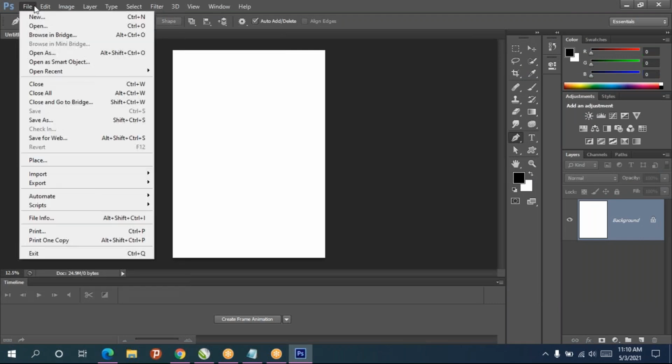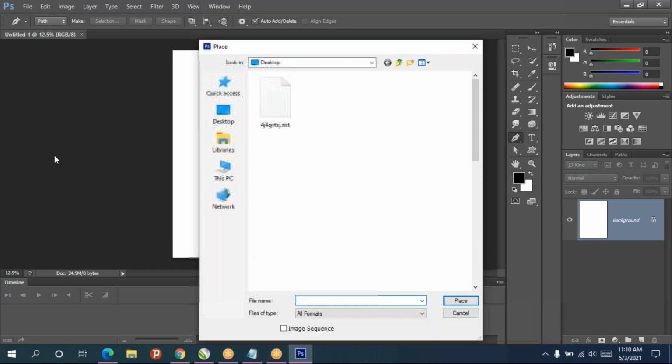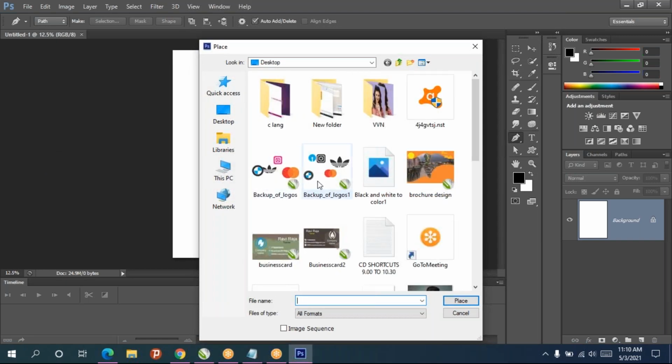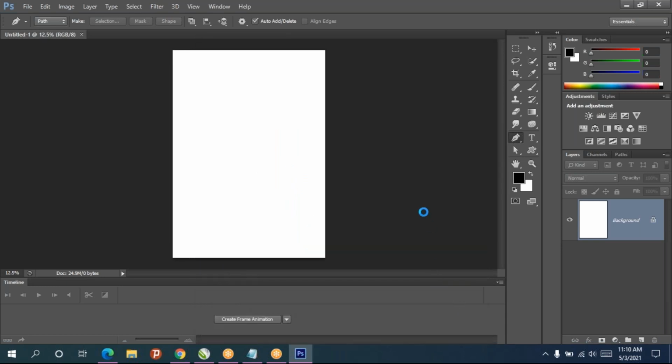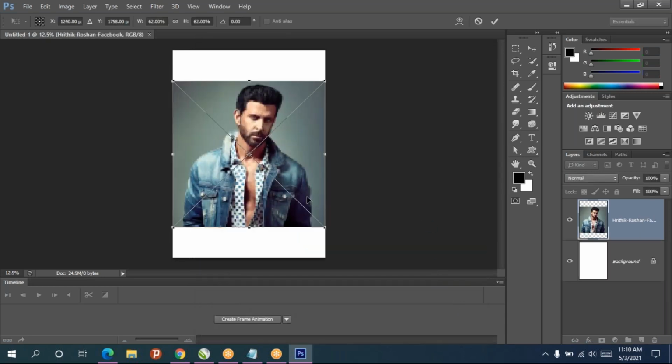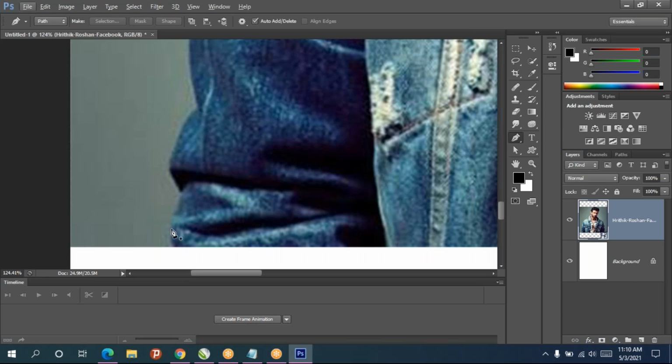After that I'll go to the File menu, place the image, and press Enter. Using the pen tool, select the object.